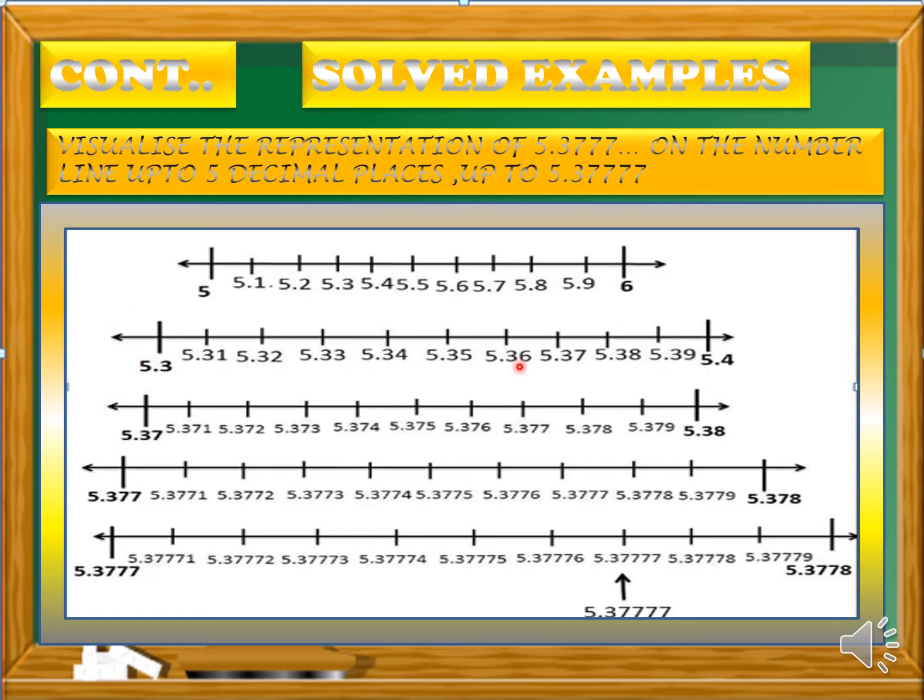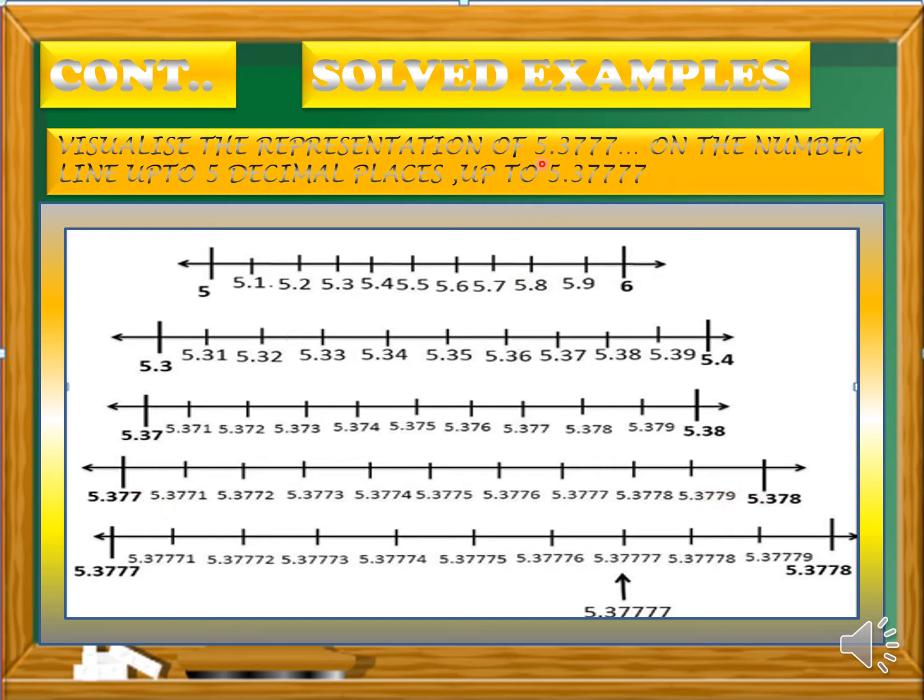So search for the number 5.37, that is what we are seeing here, and plus 1, 5.38. So split further and we will see 9 subdivisions between them, 5.37, 5.371, 5.372 till 5.379. What is the number that we require? It is 5.377. So here we can see 5.377 on the number line, and we are going to take plus 1 and split further, that is 5.377 and 5.378. When we split we have to just add 1, 2 and 3 so on till 9. Just numbers we have to add till 9.